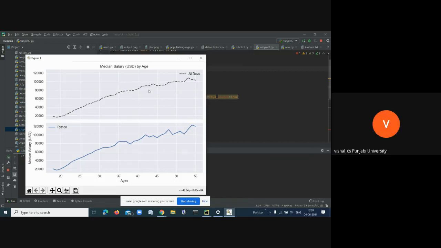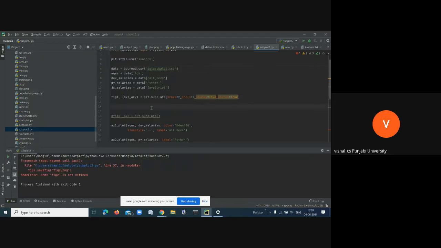Sir, if you remember, in the first class we did two figures, and I had one plot in each small figure. Before that, I showed you that code actually. So what do we have to do? Two figures. What do we have to do, Himani? We have to plot two figures. Jagjit, any idea?